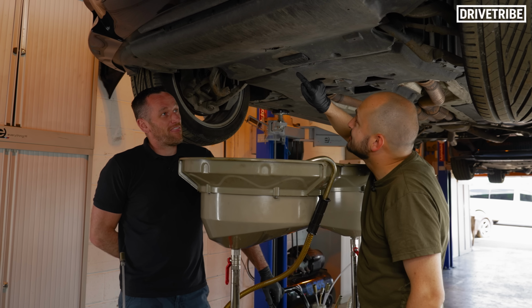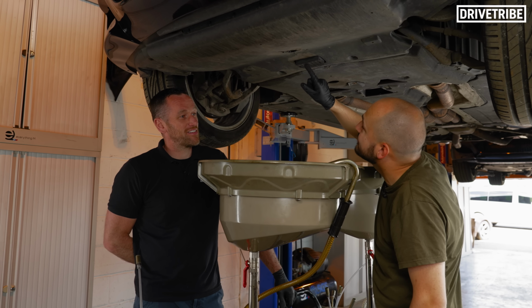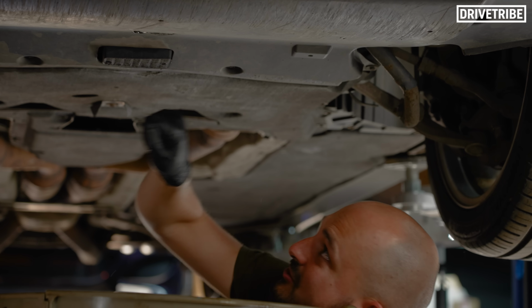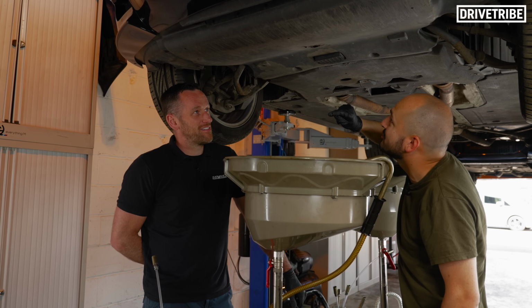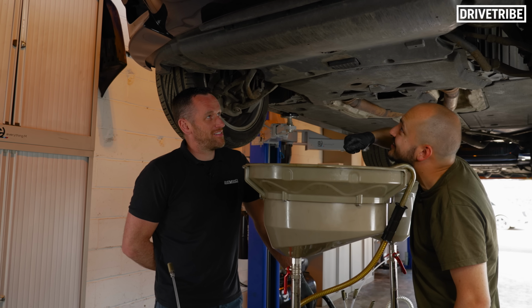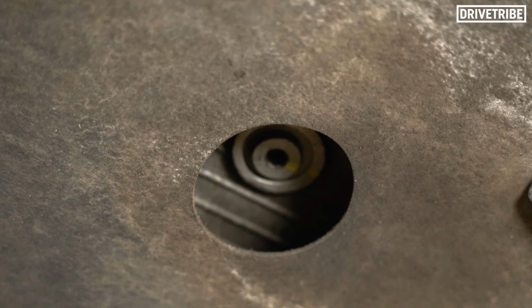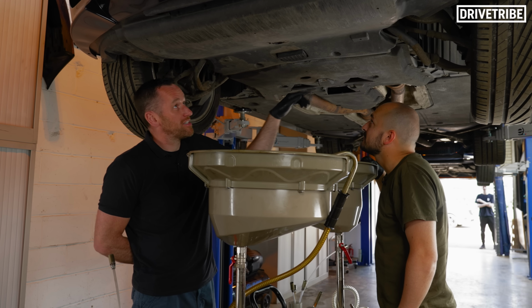Interestingly, I never noticed this before. It's so that someone doesn't have to take off the under tray, they've drilled through it, but they've had a go, realised it's not aligned, then had another go and clearly kicked the drill, so it's scabbed all here. Then they finally got through, but it obviously wasn't quite in the same place, so they've had to file it, and what a disaster that is. This one's a bit cleaner. That's a factory hole, so that's original. Oh, this is BMW, factory? Yeah. Okay. So BMW did put a hole in there. But not the...